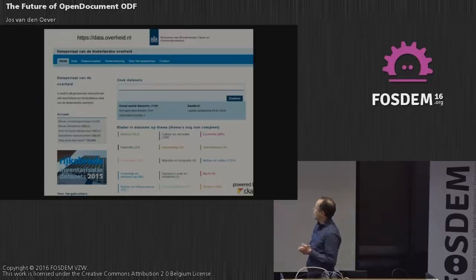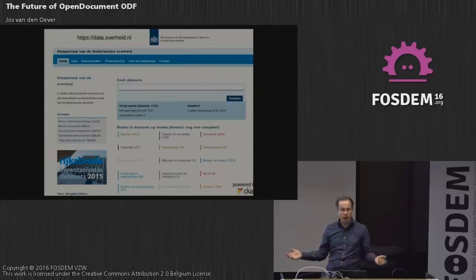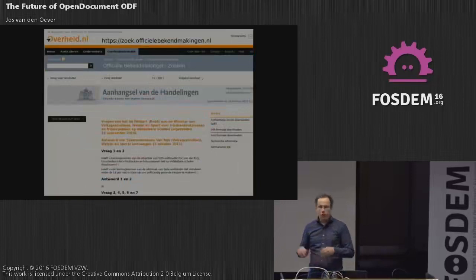I see the total number of data sets, 7,393, and only 2 of them don't have an open license. So people are encouraged to reuse this data. That's one of the ways in which we communicate. Another way